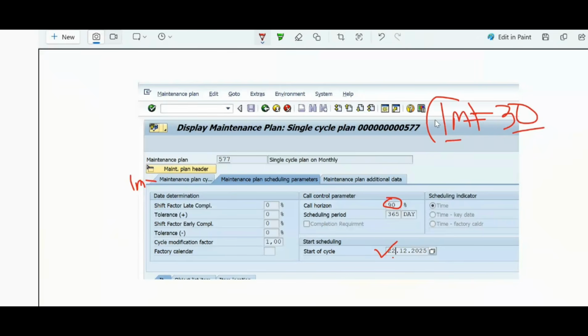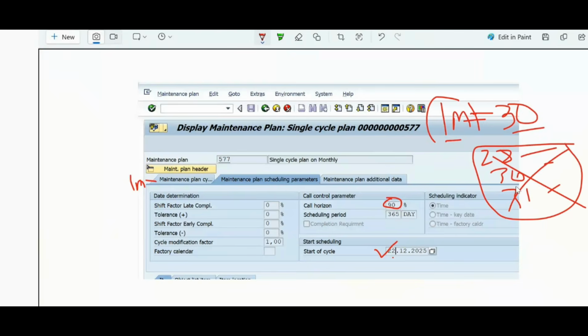SAP स्टैंडर्ड में 1 मंथ इज इक्वल टू 30 डेज किया है, क्यों, क्या रीजन है? हाँ, एक मंथ में फरवरी में 28 है, और 30 भी है और 31 भी है। तो सिस्टम में कंफ्यूजन हो जाएगा, इसलिए SAP वाले ने 1 मंथ इज इक्वल टू 30 डेज बना दिया। As SAP standard, we should consider 1 month is equal to 30 days, simple. ओके, ये पहला पॉइंट है।